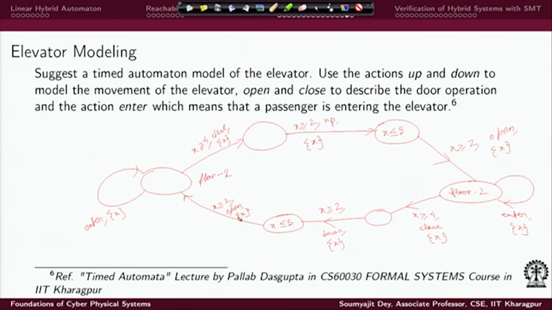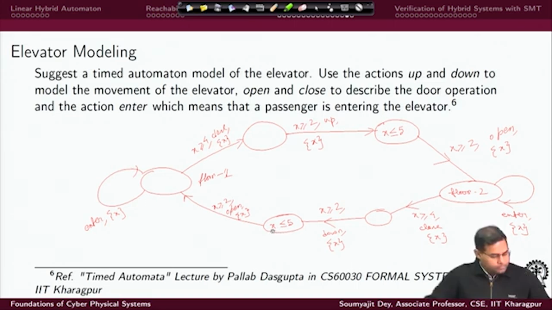So, if you just check once again, we have this as a floor 1 state, and this is the floor 2 state, and these are the in between states we have drawn, right. So, passengers entering is considered here as an event, right. It can stop at either of these floors. So, when an elevator comes, this is where we say that it has arrived, right. Now, once it has arrived, it is going to take